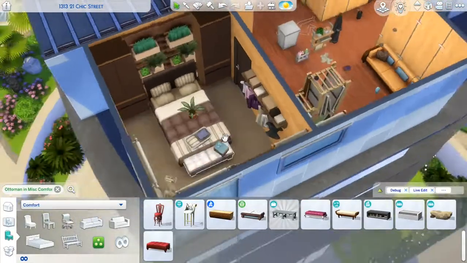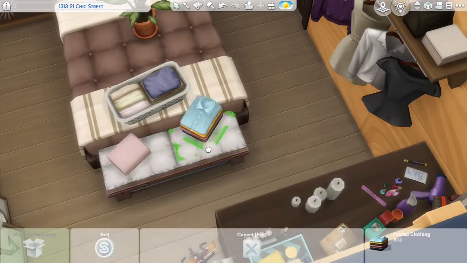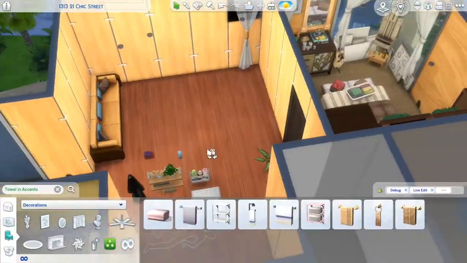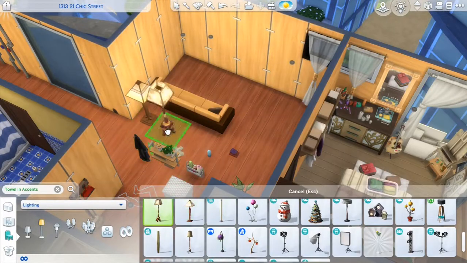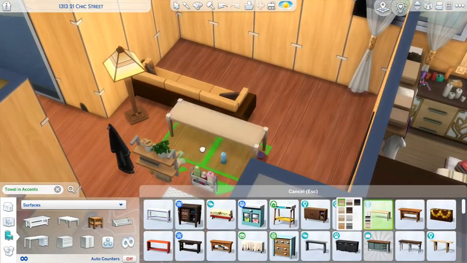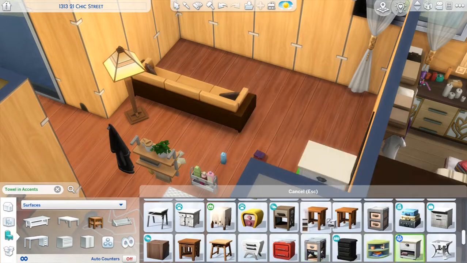I'm not sure if that basket at the end of the bed, the clothes basket, makes it so your sim can't sleep in the bed. I didn't test that. If it does, you can always just take that out and put it somewhere else or delete it altogether. But this couch, I don't know, this couch just looks so nice with the color of the walls. That's why I'm kind of thinking it might have come from either Eco Lifestyle or City Living, or not City Living,